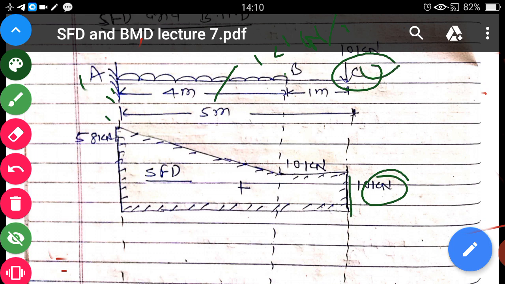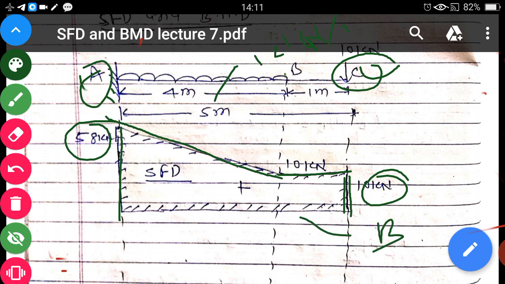After that, in region BA there is nothing, in BC there is nothing around, that is why the shear force is constant. And after that you see at point A the shear force is 58 kilonewton. Here there is a UDL, so the shear force is an inclined straight line. Okay, I think there is no problem. After that you can mark here 58 kilonewton. That is the baseline, and shear force is positive above the baseline and negative below the baseline. Because our force is positive, we take all values above the baseline. That is positive, and that is the SFD, the shear force diagram.